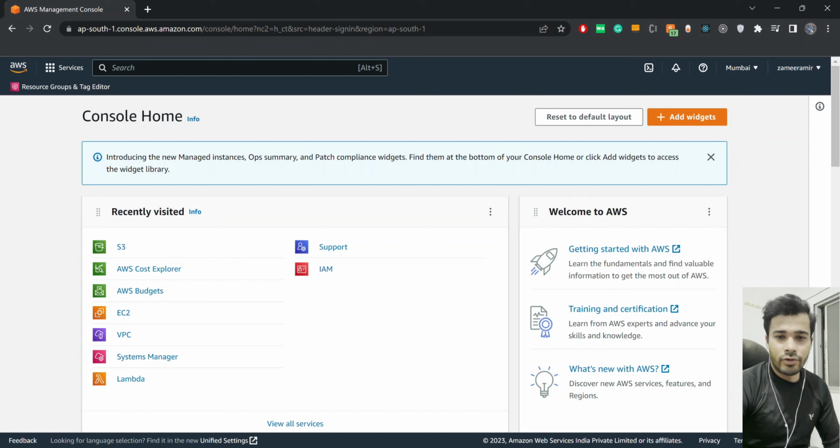Hello guys, welcome back. So today we are going to discuss how to set up a database on an AWS server. In this video, first of all, we are going to create a security group that we will use to secure a database that we will create on AWS cloud. We will use that security group to attach